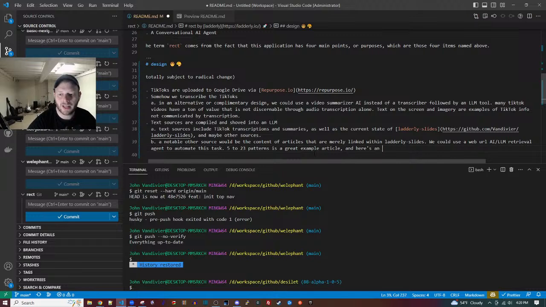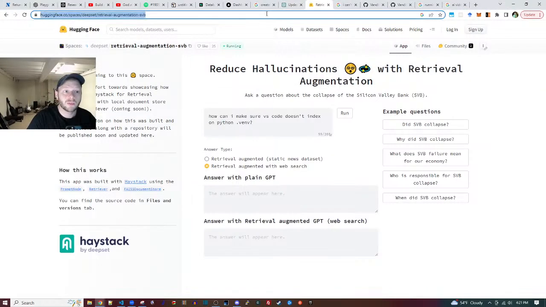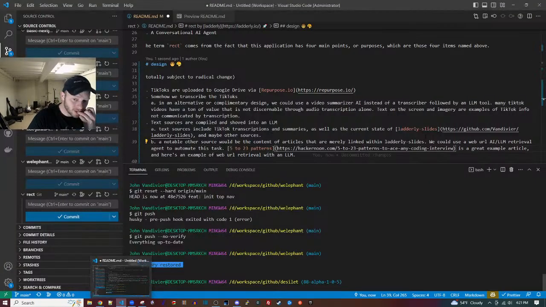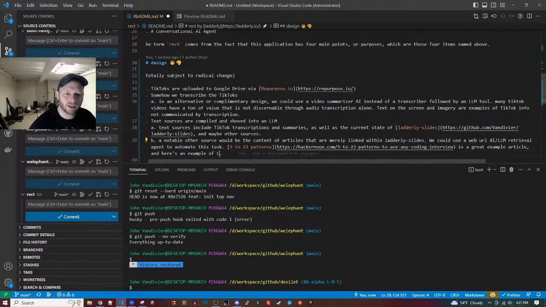And here's an example of web URL retrieval with an LLM. Here's an example of LLM of